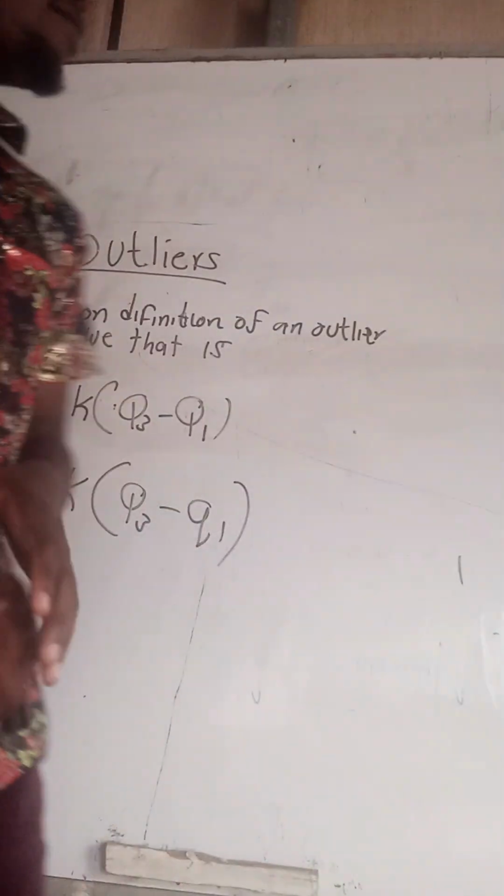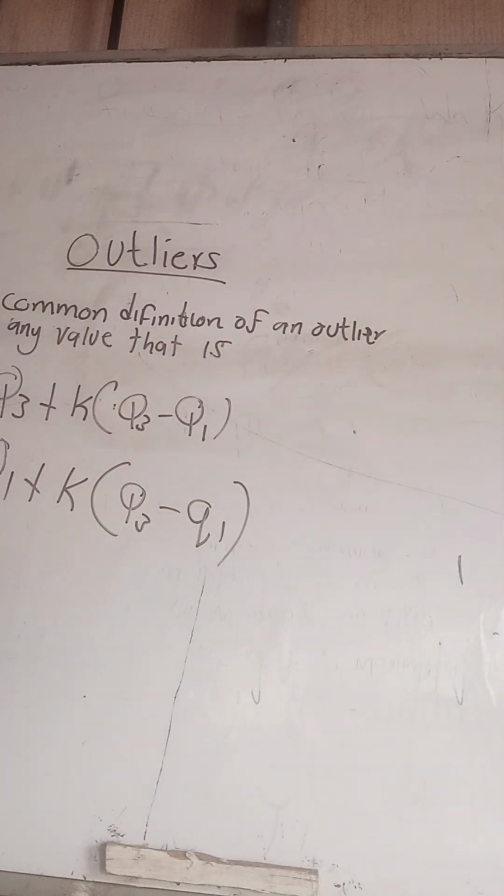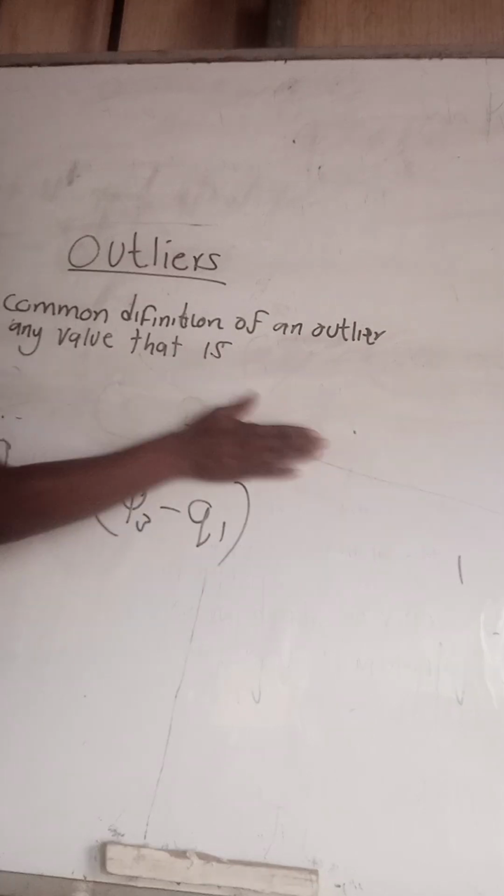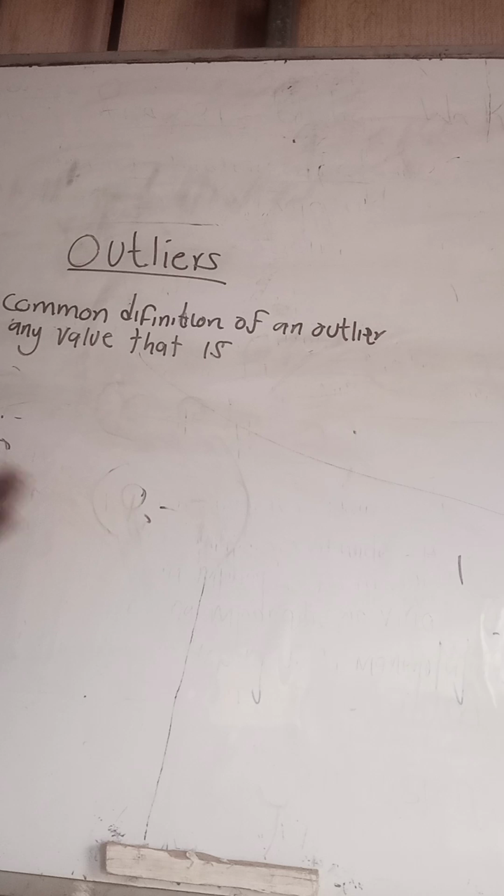So I want us now to have an example. They want us now to identify outliers in a given data set having several values. So you are being told to find an outlier. And remember, let me erase this. I'm hoping you're noting this. So let me erase so that I can get some space. So you are being given the lower quartile Q1